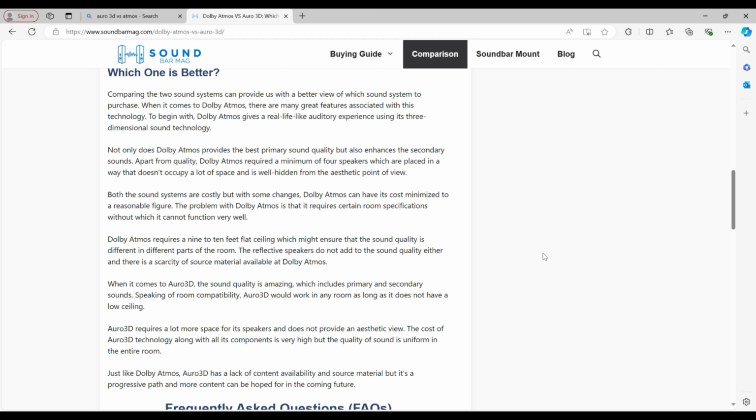The problem with Dolby Atmos is that it requires certain room specifications without which it cannot function very well. Dolby Atmos requires a 9 to 10 feet flat ceiling, which might ensure that the sound quality is different in different parts of the room. The reflective speakers do not add to the sound quality either,